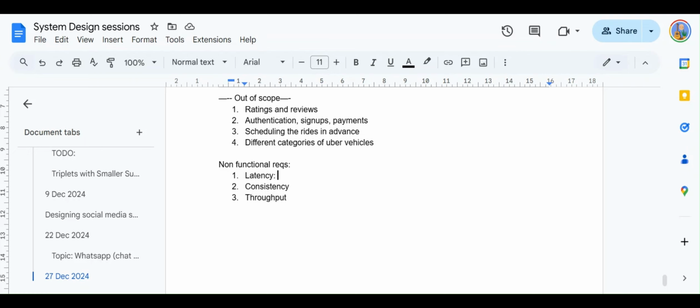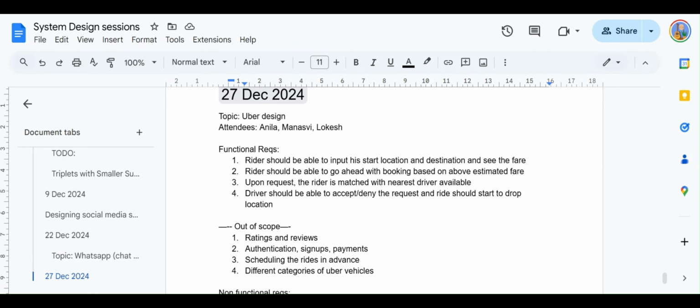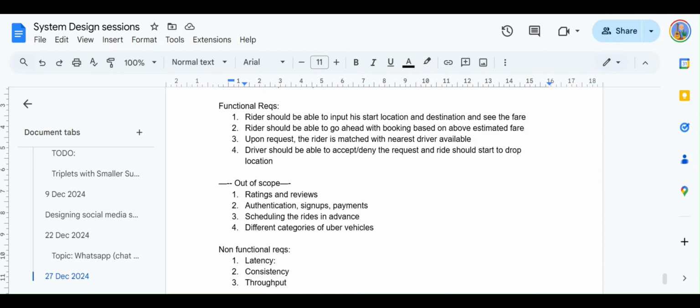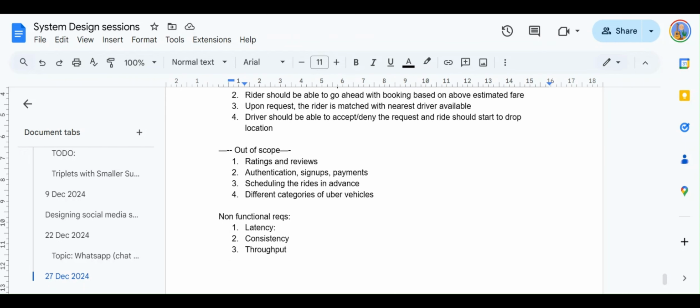Let's say once a user clicks on the second step, he is able to see the fare estimate, and once he accepts that fare estimate and goes ahead and tries to book the ride, he should not wait indefinitely. There has to be an acceptable latency within which he should be able to get the ride assigned. So we can pick a number, and this number can be a configurable number. It doesn't have to be a hard coded number.